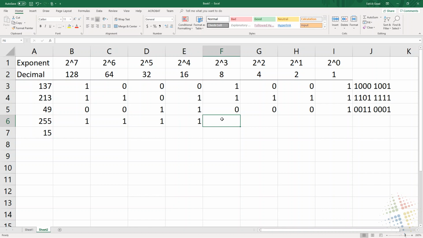Can I subtract 8 from 15? Yes. 8 from 15, I know off the top of my head, is now 7. Can I subtract 4 from 7? Yes, I can. 4 from 7 is 3. Can I subtract 2 from 3? Yes. 2 from 3 is 1. Can I subtract 1 from 1? Yes. And that ends up with the binary number